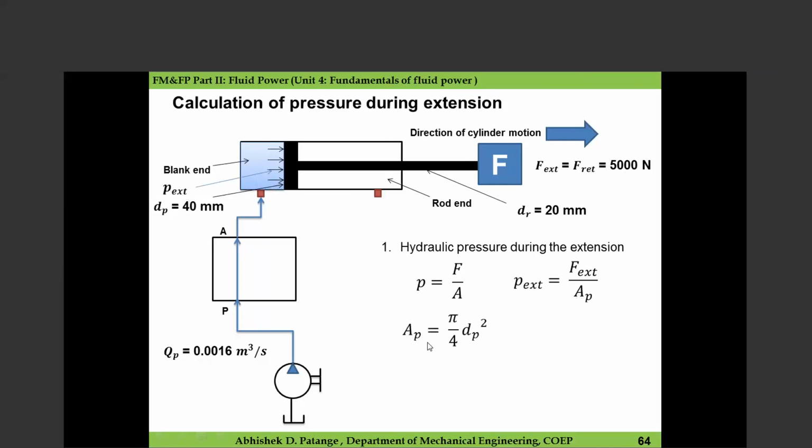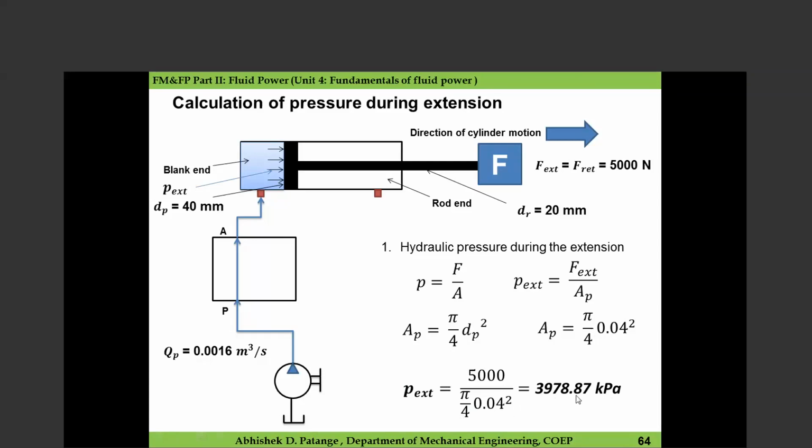Now to calculate area of piston, we can consider the diameter of piston. It is nothing but pi by 4 dp square, where the diameter of piston is given as 0.04 meters, which is basically 40 mm. So area of piston can be calculated by the formula pi by 4 times 0.04 square. Putting these values in this formula, we get pressure extension equal to 5000 Newton force divided by area, which is pi by 4 times 0.04 meter square. So we got the answer as